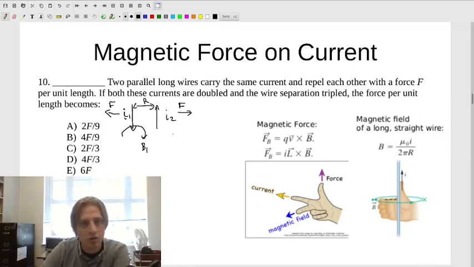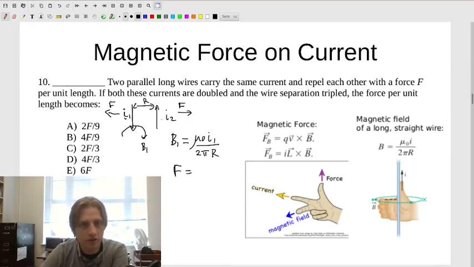Okay, so we can figure out what the magnetic field from the first wire is pretty easily by using our equation for the magnetic field of a long straight wire. Mu naught times I1 over 2 pi r, and that r is just going to be the distance from this wire, because that's the distance at which it acts on that second wire. And so the magnetic force on that second wire would be just,